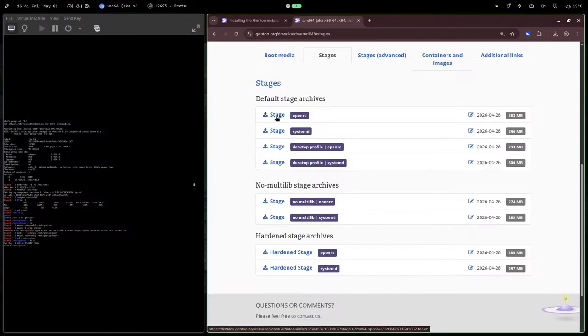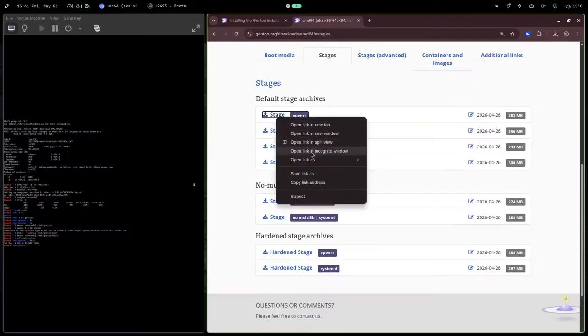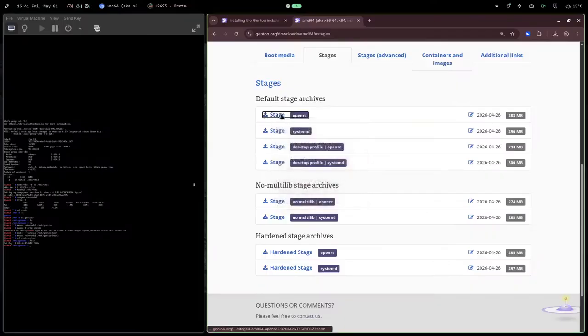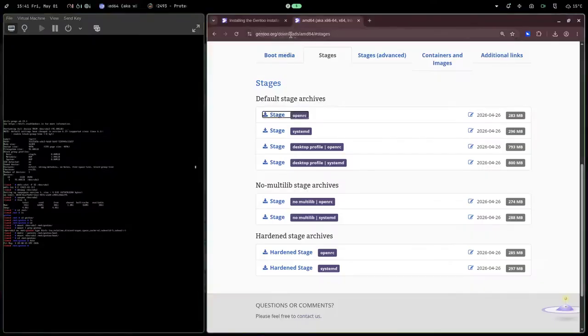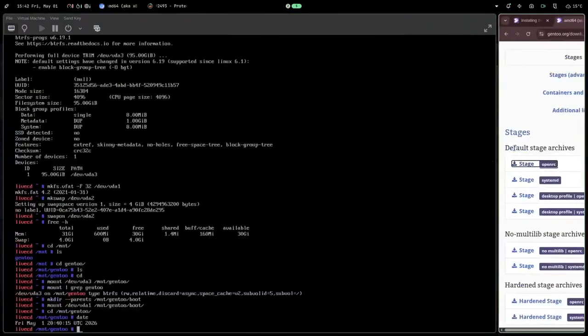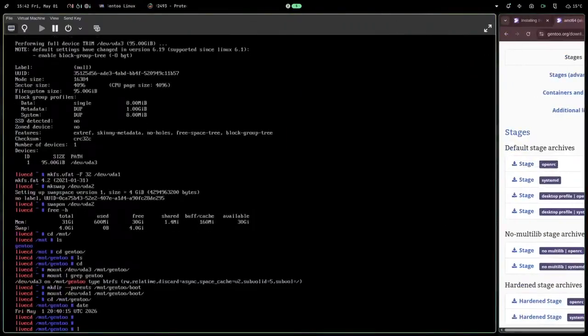You'll see the URL down below links to an archive. So what I need to do is actually copy this link into there somehow. But instead of doing that, we're going to try something else. We're going to go Gentoo.org downloads AMD64 stages. So let me try this. I guess we're using the terminal browser. Links. Yeah. Gentoo.org